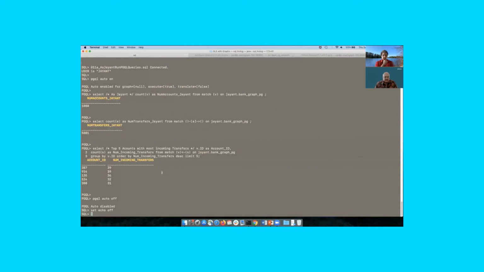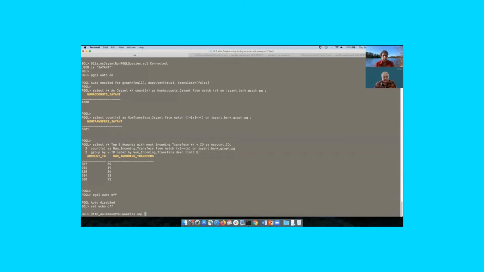Let's do a query which says, which are the top 5 accounts which have had the most number of incoming transfers. So we want the incoming transfers, money being transferred in, that's what the arrow is indicating. So from this account into this account. What is the destination account that we want? That is what we do. So we do a count based on that, and all we want is the top 5. So we limit it to 5. Okay, so that was what